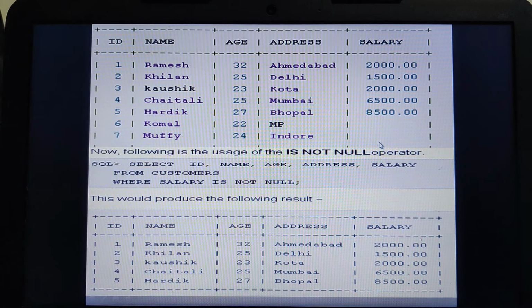Here salary is null, yes, discard. Is not null is checking that salary is not null. If it is null, then that particular record will be discarded. Only when there is an explicit value for this field salary, those records would be retrieved in this query. I hope you are able to understand.